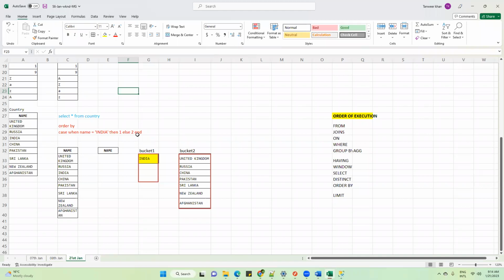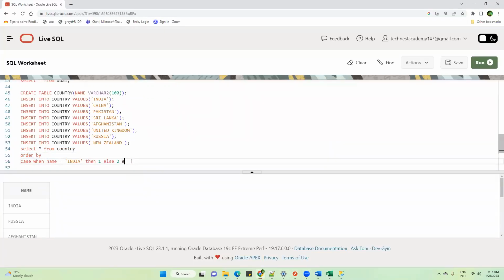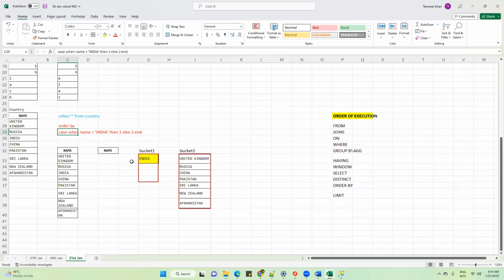Because the moment you write END, the engine understands that the user doesn't have any other condition. This is the only condition. If you're not writing END, the engine will think that the user has some other condition he has forgotten, so it will throw an error message. Let me show you that. I will remove END from here. Check it. It's just throwing an error message. So whenever you're writing CASE, at the last you have to write this END. This is mandatory. Hope it is clear.